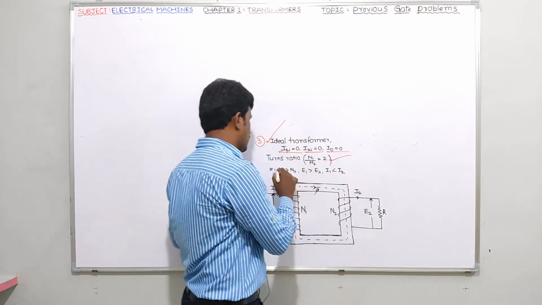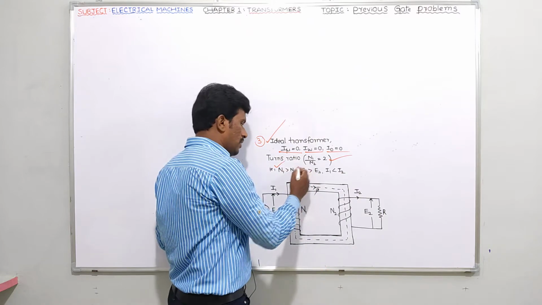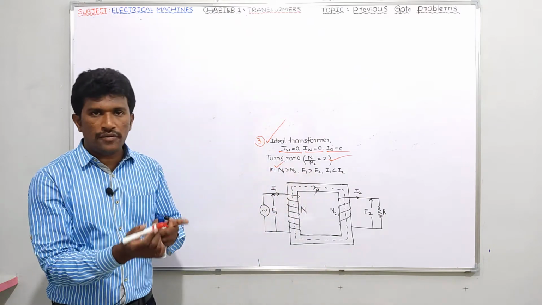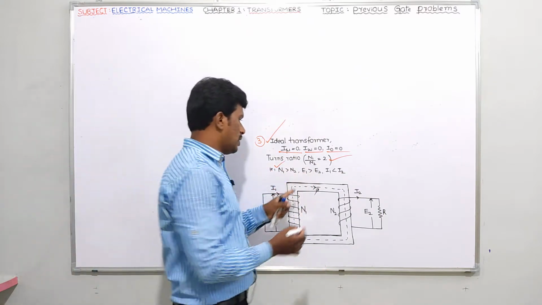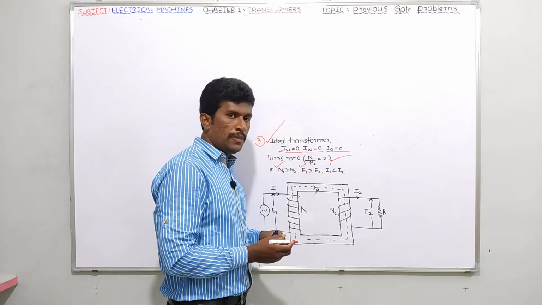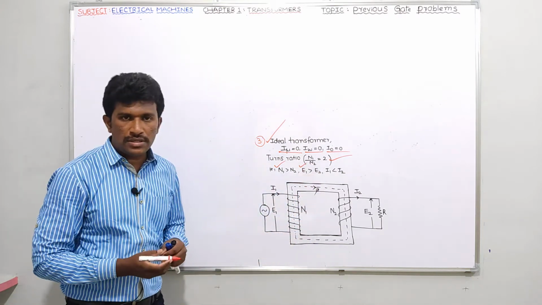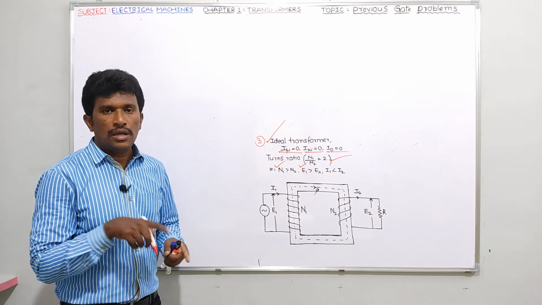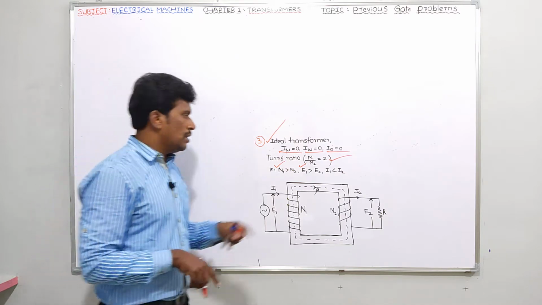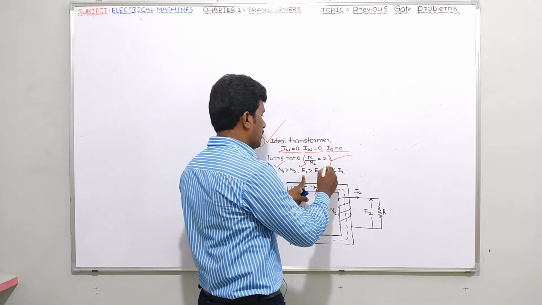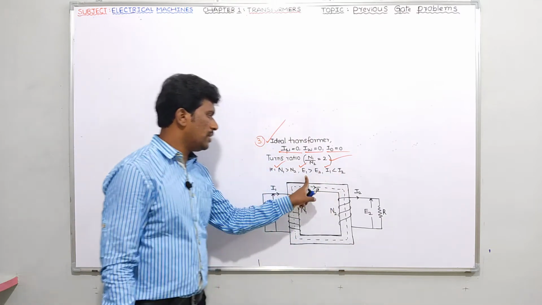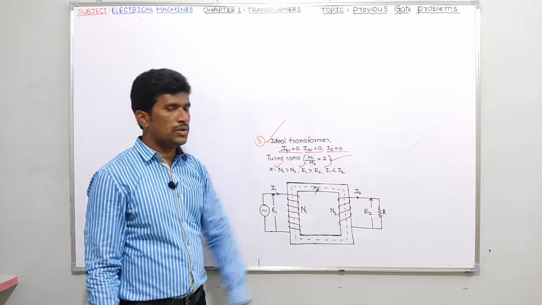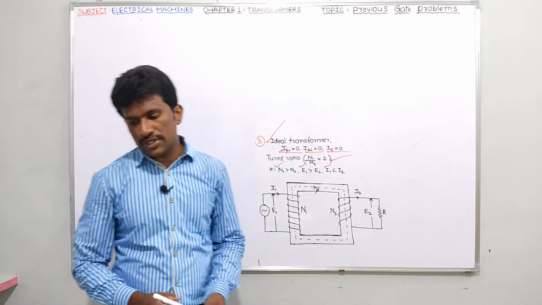2. That means what, guys? N1 is greater than N2. And EMF is directly proportional to the number of turns. If N1 is greater than N2, E1 will be greater than E2 only. And a transformer is a constant power device. EMF and current have an inverse relation with each other. If E1 is more, I1 will be less than I2. E1 is more than E2, I1 is less than I2. That's it. Now what has he given in the question?